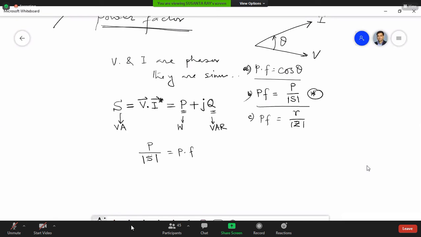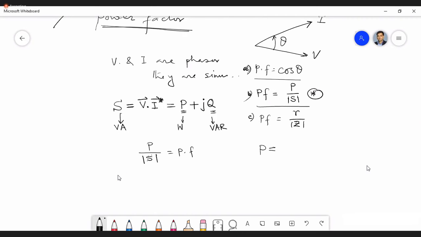Okay. Now, the active power. What is that active power? Suppose the voltage is sinusoidal, then we can write it as Vm sin omega t, and the current can be expressed as Im sin(omega t minus phi), where phi is the phase angle, or theta. Here we have assumed theta. Okay, anyway, so this we can take.